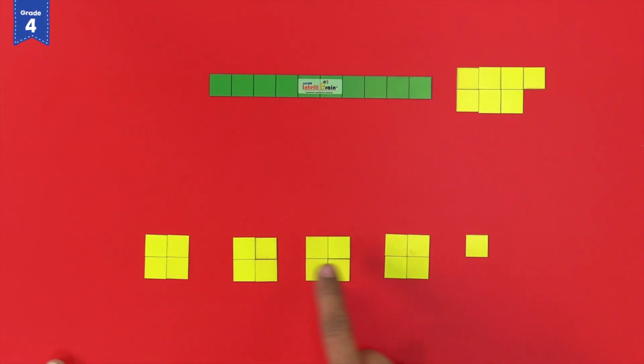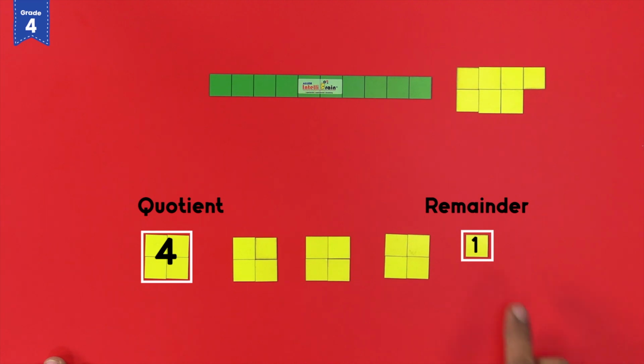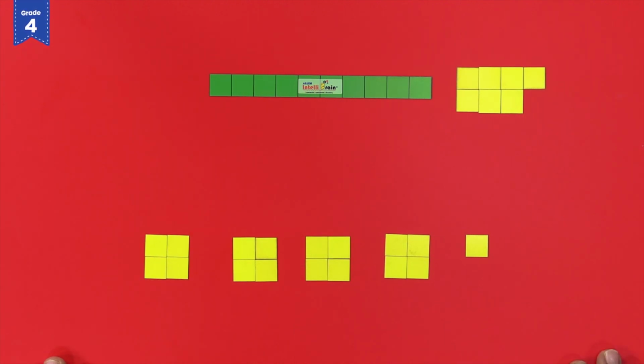You can see we could only adjust 16 ones cards in the 4 groups. We have one ones card remaining. The number of single units in each group is equal to the quotient, and the units remaining out is the remainder to our division problem. We made 4 groups of 4 and 1 unit is remaining out. This means when we divide 17 by 4, we get 4 as the quotient and 1 as the remainder. Isn't it a wonderful way to visualize the process of division?